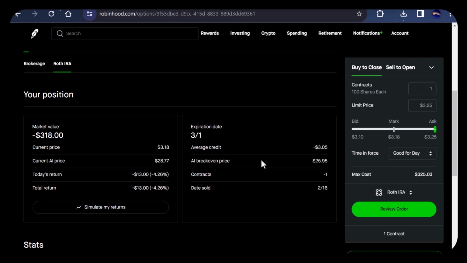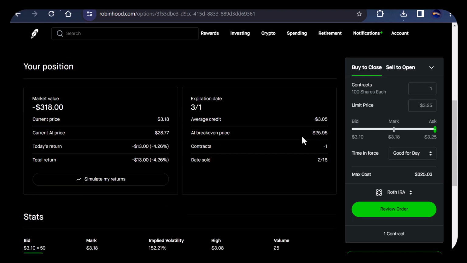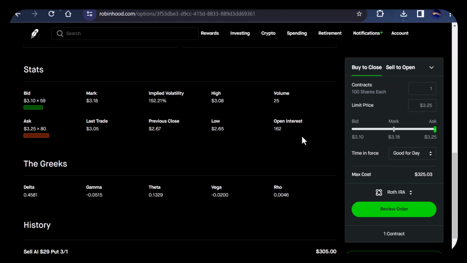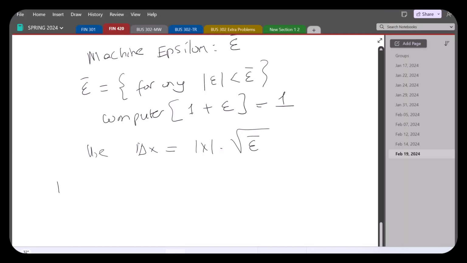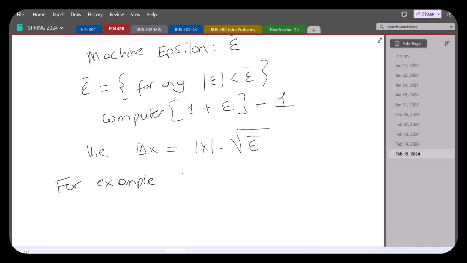You don't do something like this on a stock you don't like. And I don't think it's gonna go up too much in the short term. But if it comes down below 29, I would like to have it. So let's look at the delta on this. It's 45.81. For example, delta on an AI 29 put,